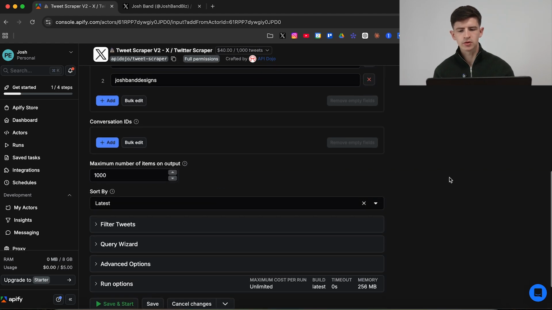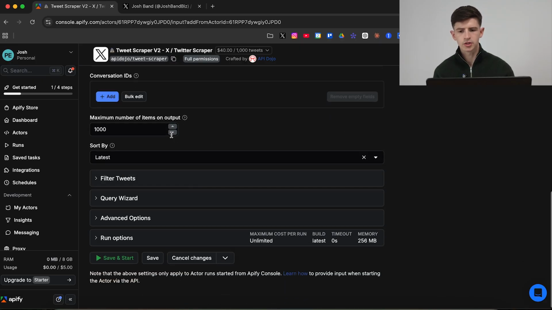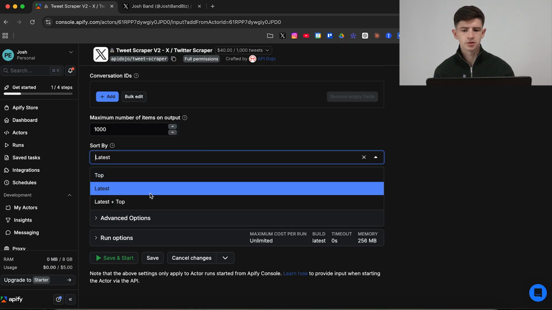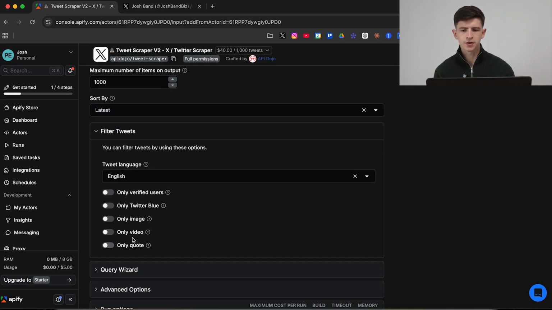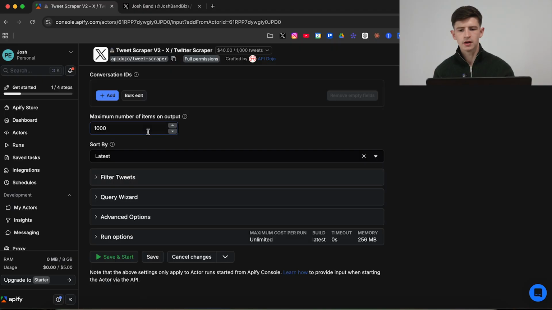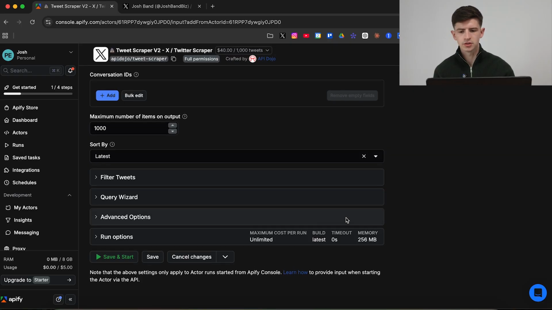There are a load of other options here, like how many lines you want on the output, what tweets you want, whether it's the latest or your most popular. I'm just going to leave it on latest by default. You can also add filters for who you want your accounts to show from, but if you only added yourself, then it's only going to show them from you anyway. But maybe you wanted to find posts from everyone in your niche. This is how you could set it up. But for me, I'm just going to use my account.